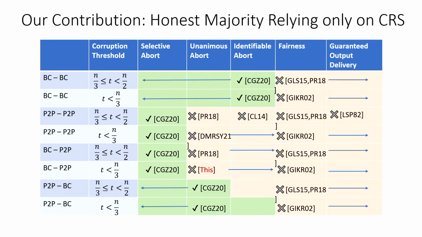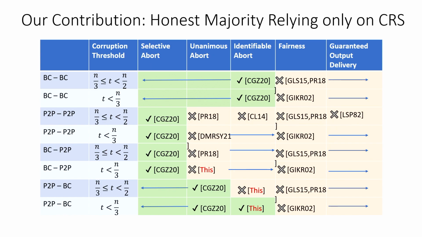And that's what we actually answer in our work. So this is a big table with a lot of previous results and relations about that. The main takeaway of this table is that one of our results shows that if you want identifiable abort and you want to rely on broadcast just in the second round, you need a super honest majority, and an honest majority is not enough. Okay? So we give a lower bound and the matching upper bound for this setting, among the other results.